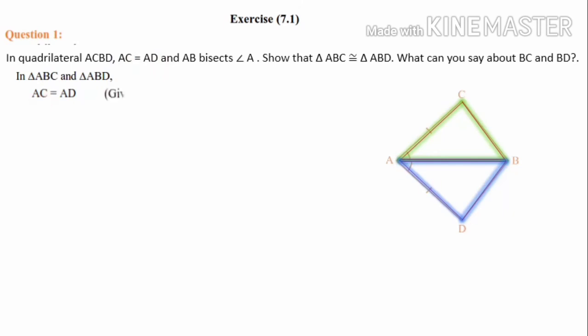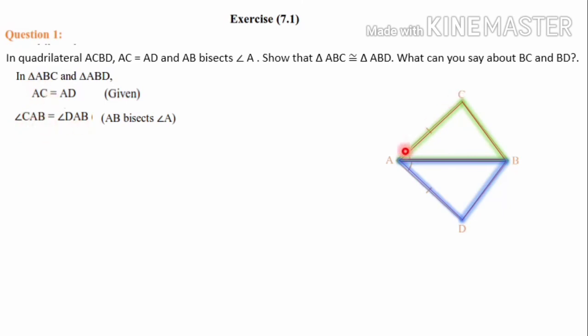So we have written the statement and we have to write the reason also. The reason is given condition here. Next, angle CAB is equal to angle DAB. That is also given to us. You have seen the marks here. So these two equal marks are there. That's why they are equal. Or else one more condition is given here. AB bisects angle A. The line segment AB bisects angle A. That's why these two angles are equal. So the reason is AB bisects angle A. Now you can see here, one side and one angle we have taken, and we have compared, they are equal.